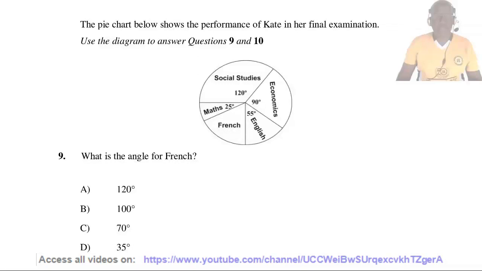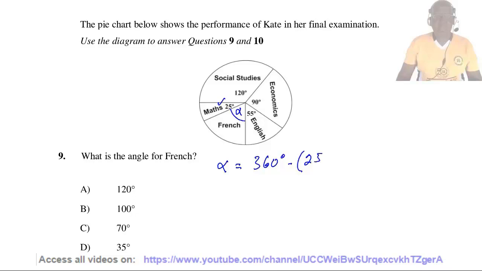The pie chart below shows the performance of Kate in her final examination. Use the pie chart to answer questions 9 and 10. Question 9. What is the angle for French? We are to find this angle over here. Let us call it alpha. But we know that the sum of the angles at the center of a pie chart should add up to 360 degrees. Therefore, alpha equals 360 degrees minus